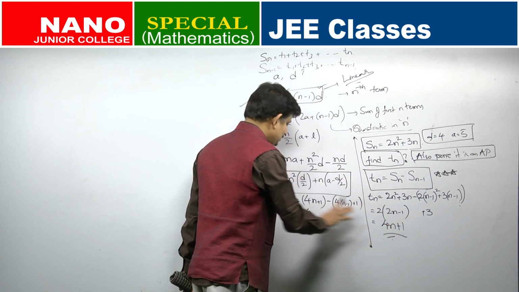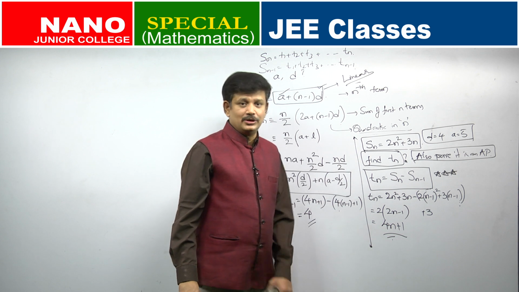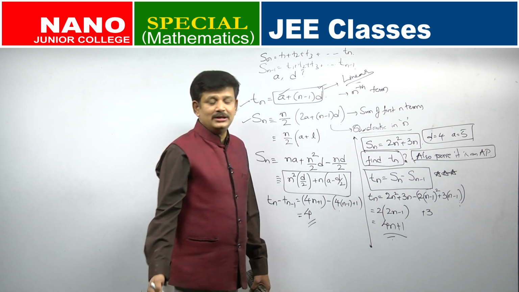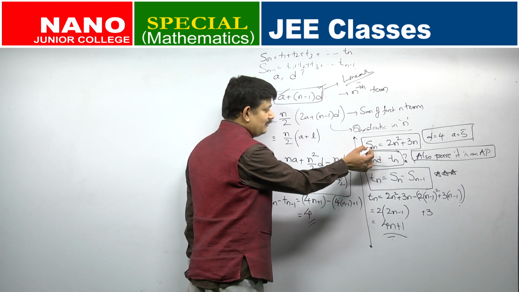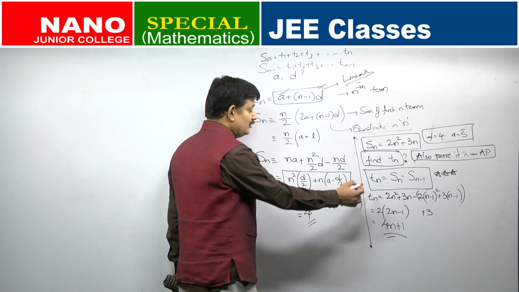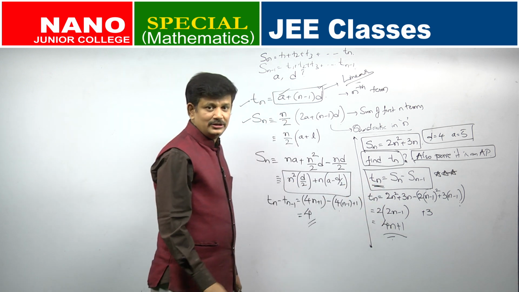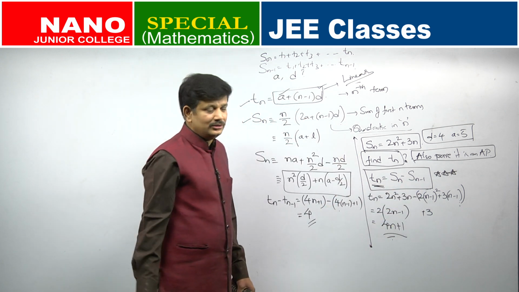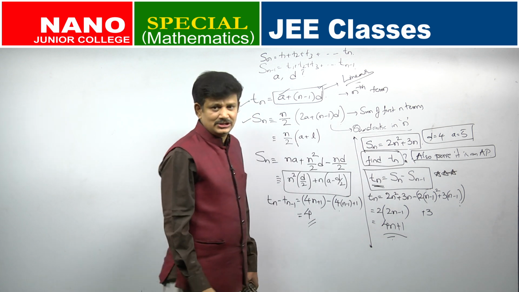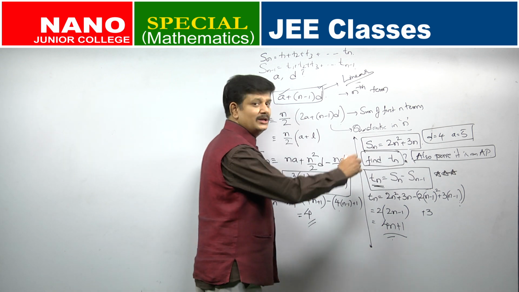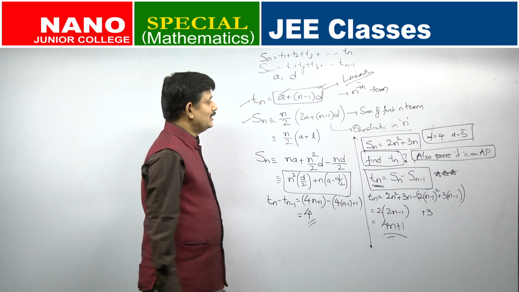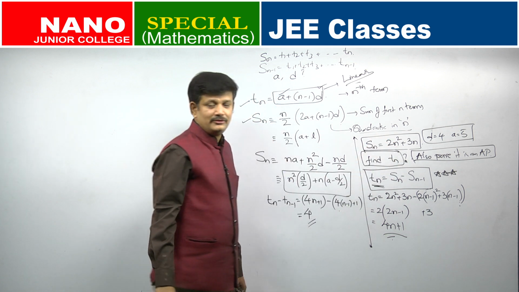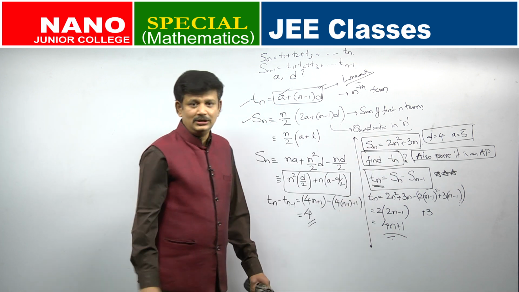So, instead of doing all these steps, this is also an important process. Not every progression will be AP. There are infinitely many different sequences, and whenever you are given the sum of any sequence and asked to comment on the nth term, what you need to do is Tn is equal to Sn minus Sn minus 1. So, this is an important method, no doubt, but for this particular type of questions which are usually asked in BITSAT, JEE Main and MCET level examinations, you can happily put n is equal to 1, get the first term, and 2 times the coefficient of n square will be your common difference. From there, whatever you want to comment, you can happily comment.